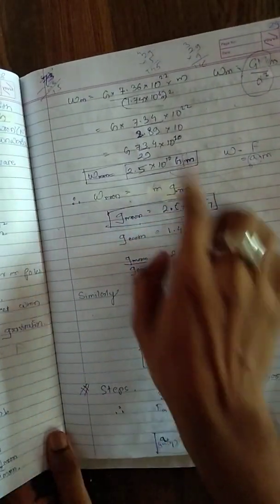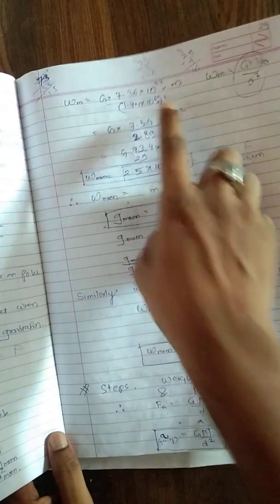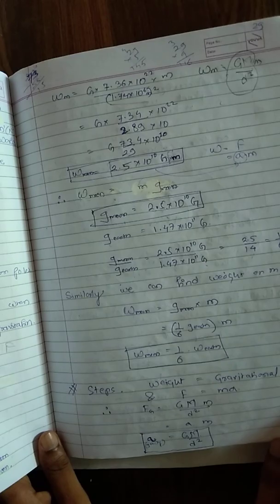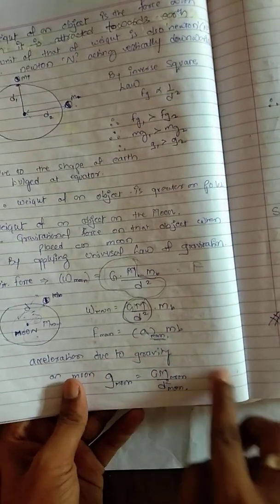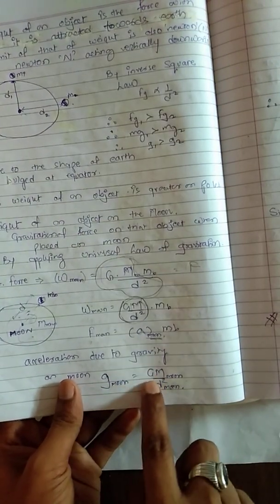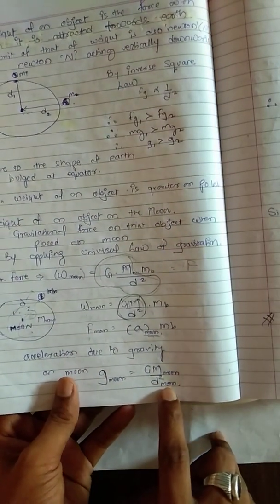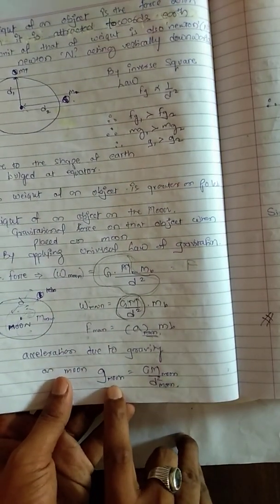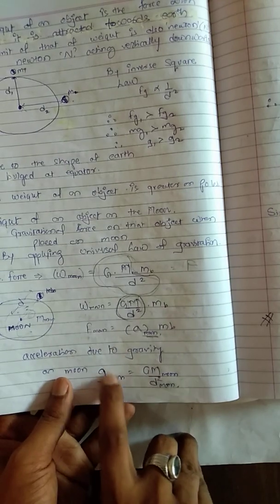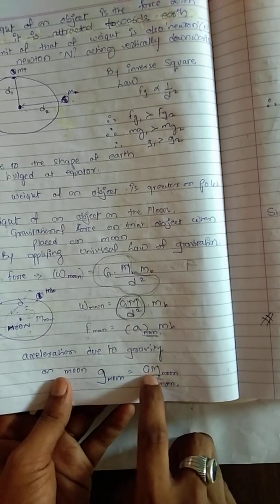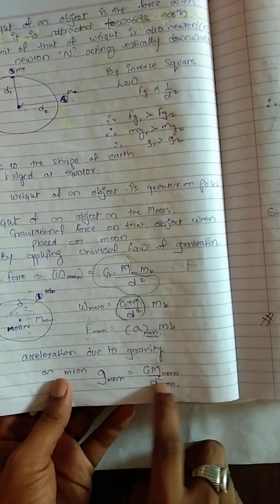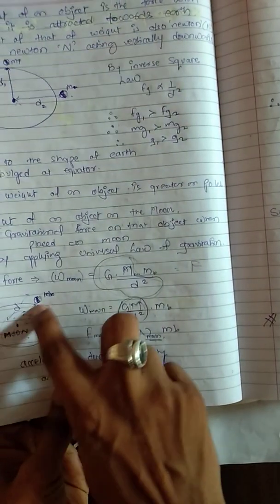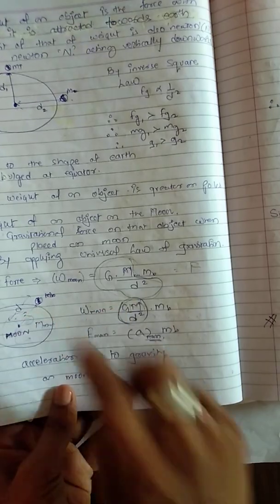What we have to do is just put the mass of the moon here, just put the radius of the moon. Directly you can put it. What is the simplest process, we will see again. Just remember, use this formula directly: small g is equal to capital G, which is constant, times the mass of the moon, upon the radius of the moon squared. If you want to find the value of small g for Saturn, write g equal to G, and just don't put any value, just let it be like this: mass of Saturn upon radius of Saturn whole squared. We are talking about radius because on the surface the distance between the two centers is equal to the radius.